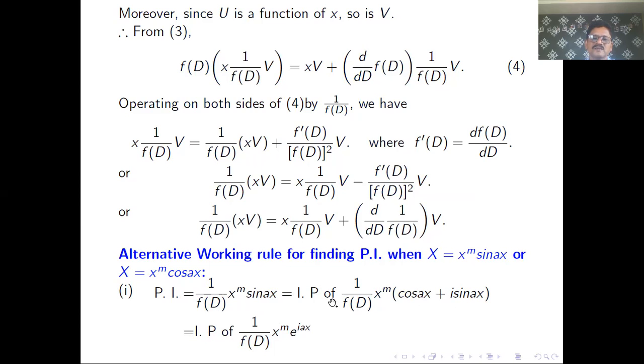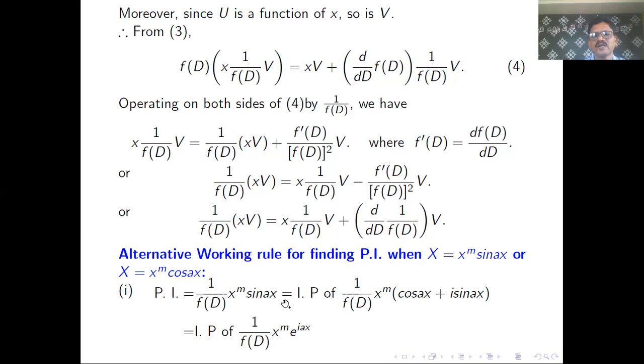So IP of this remains as it is, 1 upon f of D x raised to m remains as it is, and this cos ax plus i sin ax, we can write as e raised to iax. And friends, this becomes our case number 4 to find the value of the particular integral. You forget about these words IP of, you carry them throughout the solution. So what you have to do after this step, you take this e raised to iax outside, and wherever there is D in this f of D, you have to replace D by D plus ia, operate x raised to m on it,